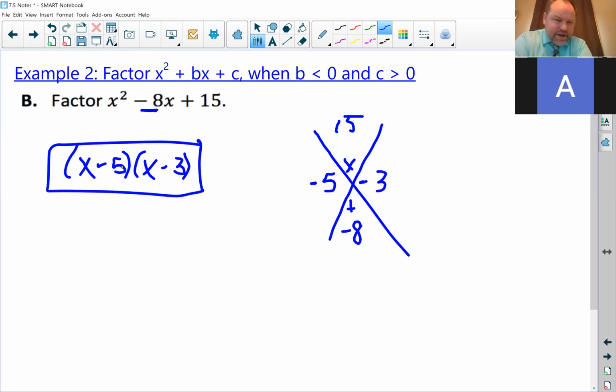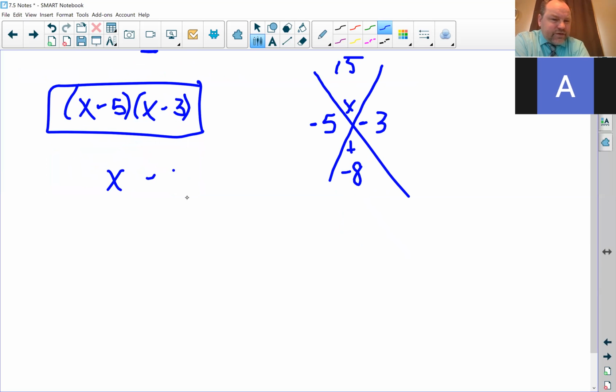Again, order does not matter. You could put the x minus 3 first, or the x minus 5 first. It doesn't matter. The great thing about these factoring problems, we can always check our answer by using FOIL or the box method to multiply these out. And what you're going to find is, if I really quickly just check this one,